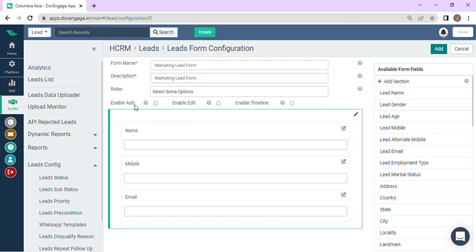And here I have add, edit, and timeline options to enable. If I enable add, then the particular provider will have the provision to add leads. If I enable edit, then the provider will have the edit lead option. If I enable timeline, then that particular provider can go to the lead timeline and see the complete timeline details. So like this, we can allow or